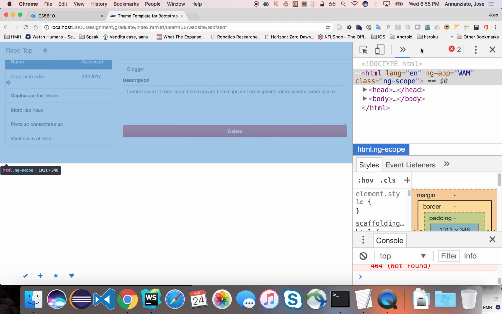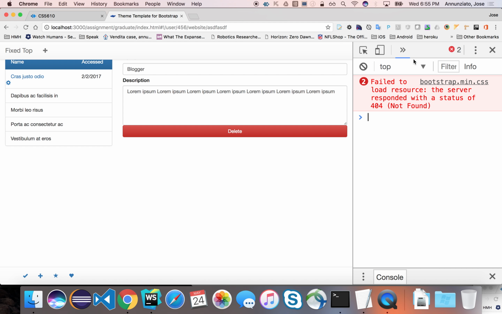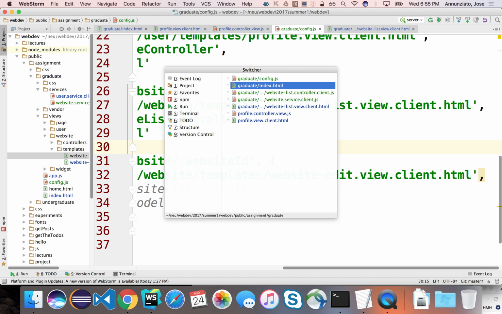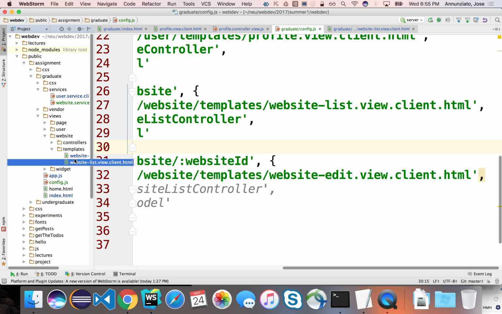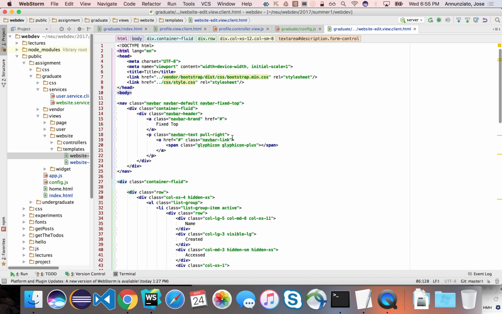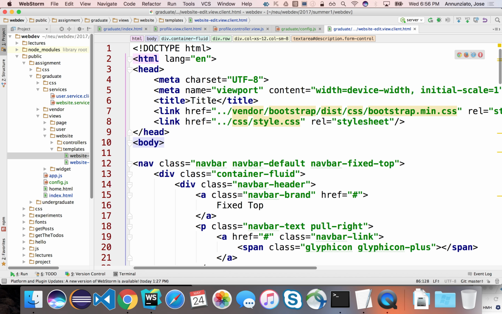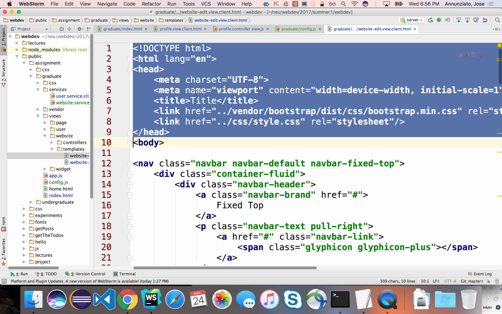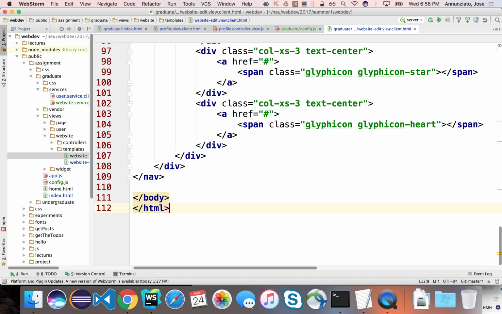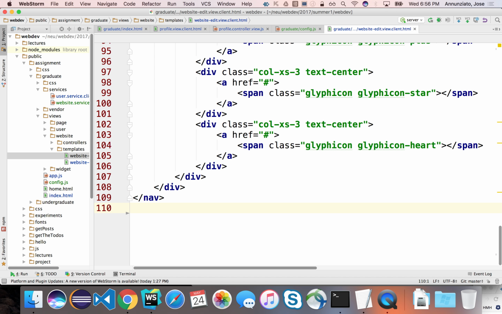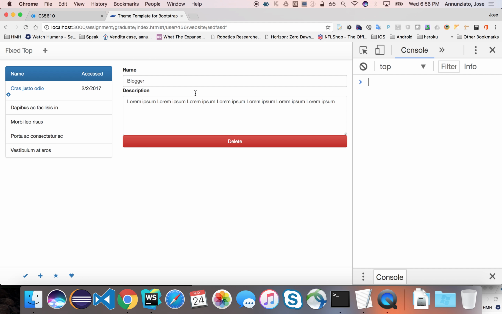And that's probably because it's referencing Bootstrap Min, and that template is still a full-blown HTML document. It's not yet been converted into a snippet of HTML. So let's fix that, and that's this page right here. Let's remove all these header and body elements that we don't need anymore. That's being provided by the parent index page. So if we refresh, all right, there we go. So we don't have any error messages. But